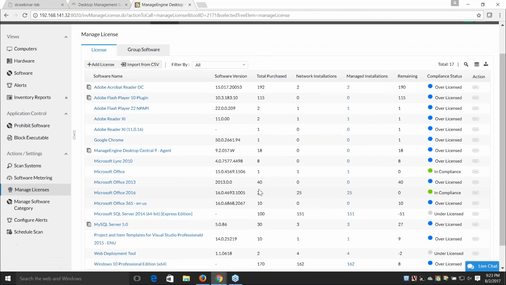And now obviously, I don't have any chance, so I need to go for a new procurement. So in this condition, I'll just go to the new procurement. I don't need to go back, open, and add a license as a new license, because this has already been managed and there are no changes with the version or the product name. So I'm just going to add more licenses, with the number of licenses purchased being 25,